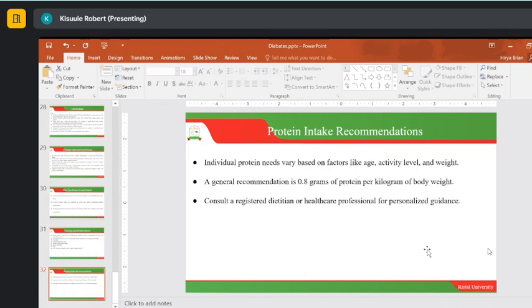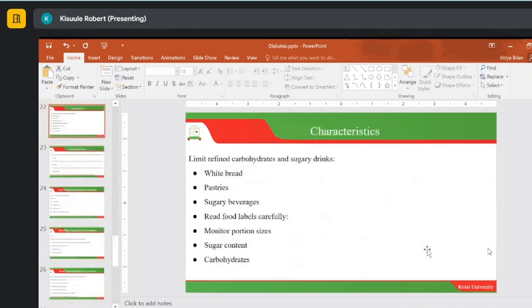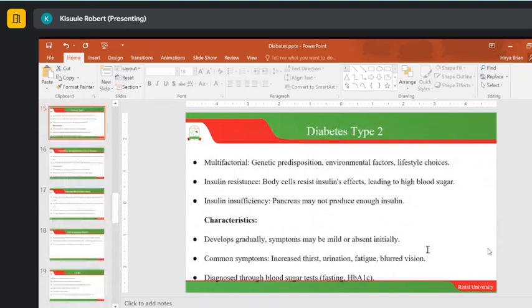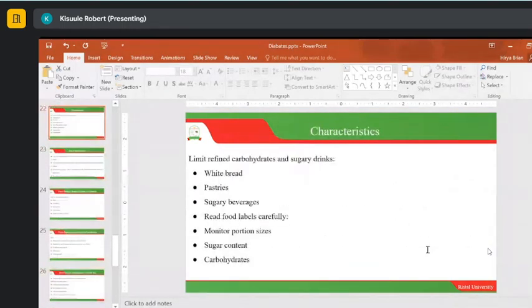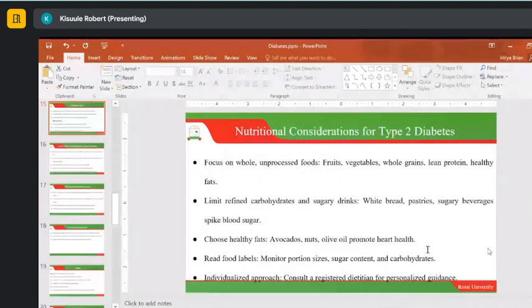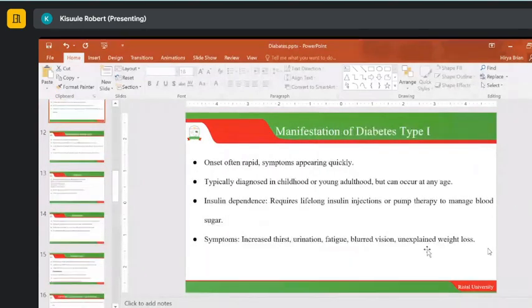So, friends, this brings us to the end of today's engagement. Really, we have seen that diabetes, the two forms of diabetes, the diabetes mellitus, the diabetes insipidus, the diabetes type 1, and how it is caused, the diabetes type 2. We have seen how to check for the blood glucose. We have seen the normal levels, etc.